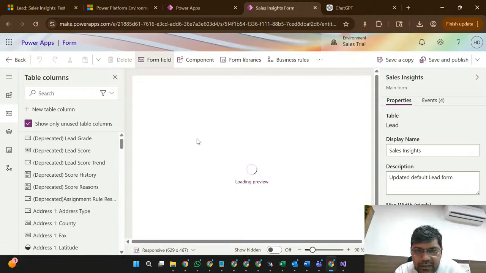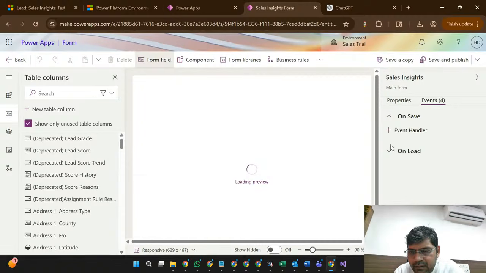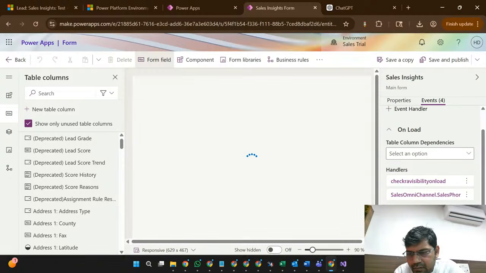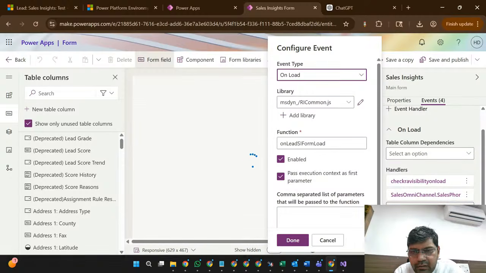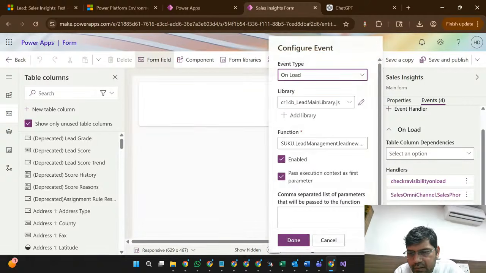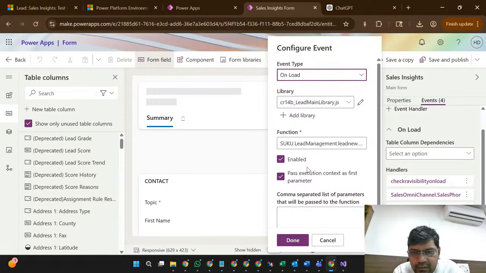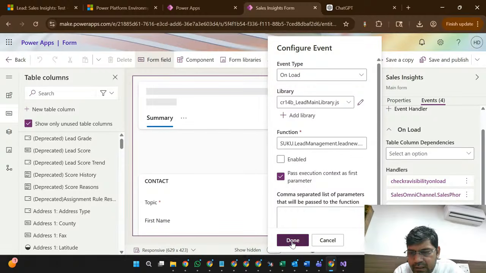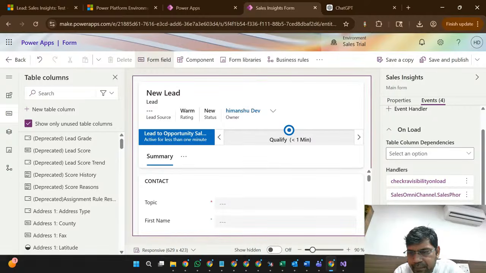We'll continue from here from Monday, and then we'll see. On load, this is not the one. I just want to disable it. Okay, so save and publish.